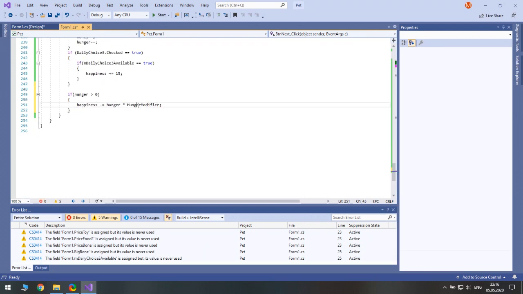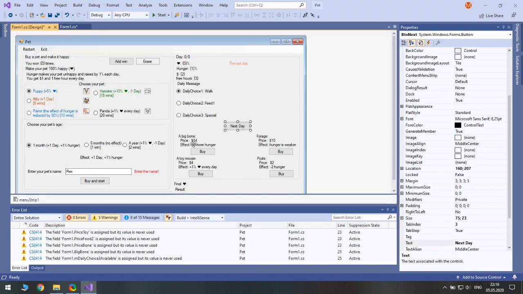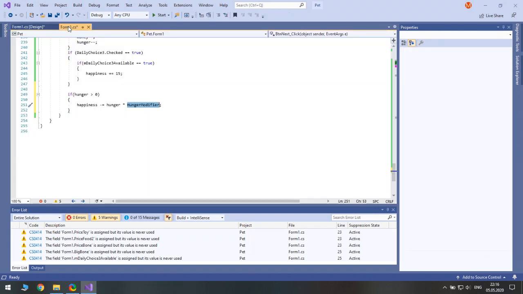So if it is 2 and you have 5 hunger, then your happiness will decrease by 10. If it is 1 by 1, and if you bought a big bone, or you are a parrot who bought forage, then it will be 0, and hunger multiplied by 0 will always be 0.